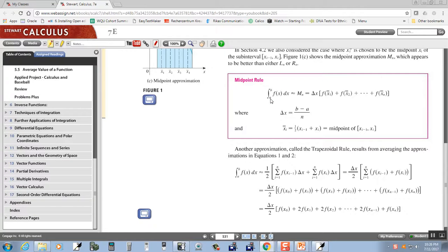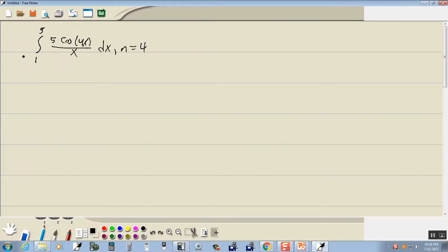Okay, so from a midpoint rule, we see this goes from A to B. So this is A, and this is B. Okay, now it's out of the way. So A is 1, B is 5,